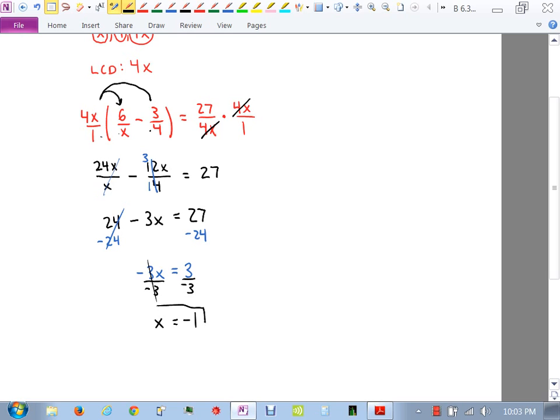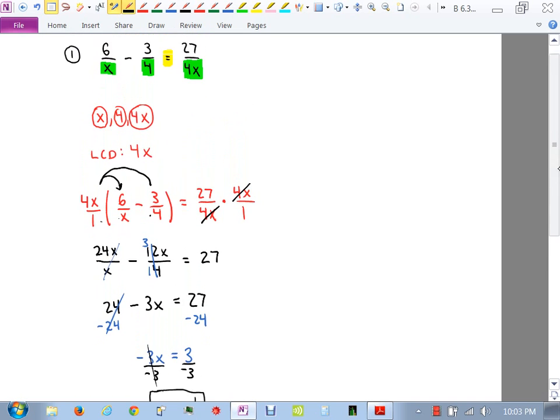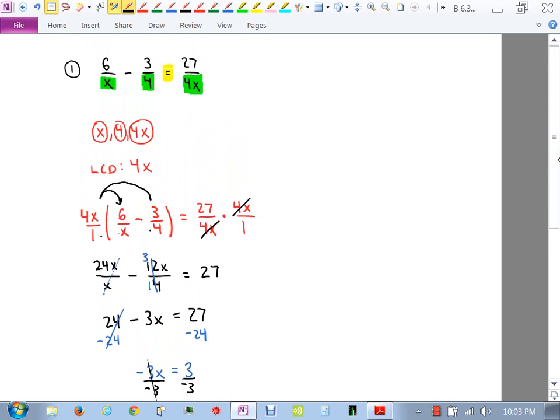Now, I'm supposed to check the answer, which I'll do just to show you it works. But on the test, I'm not going to require you to do that. So 6 over negative 1 minus 3 over 4, does that equal 27 over 4 times negative 1? So I've replaced all my x's with negative 1s. So I have negative 6 minus 3/4. Does that equal, let's see,